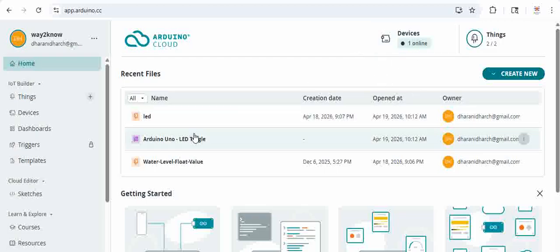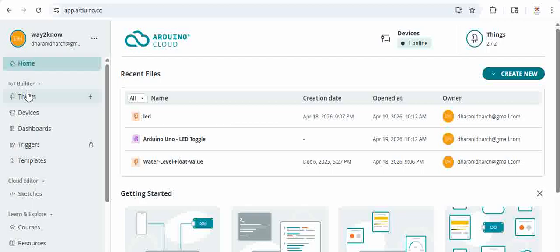Okay, and we have several videos on Arduino Cloud on our website. You can have a look. We specifically did it with Arduino Uno R4, and then we also did it with ESP32 and NodeMCU. So there are several examples. Just for a beginner who started with this particular board with the Arduino Cloud, there are three things you have